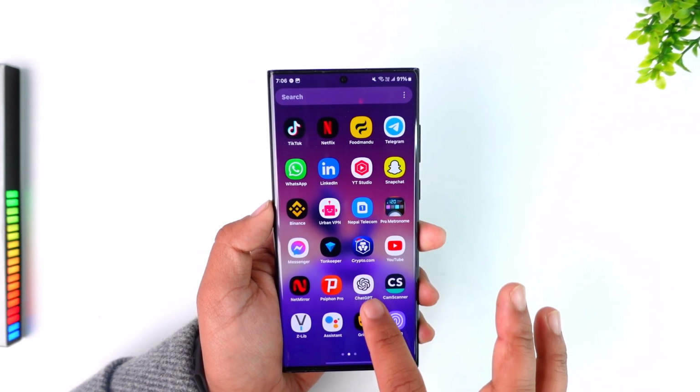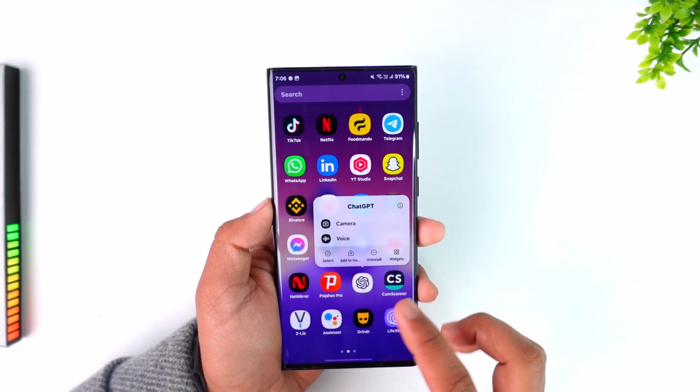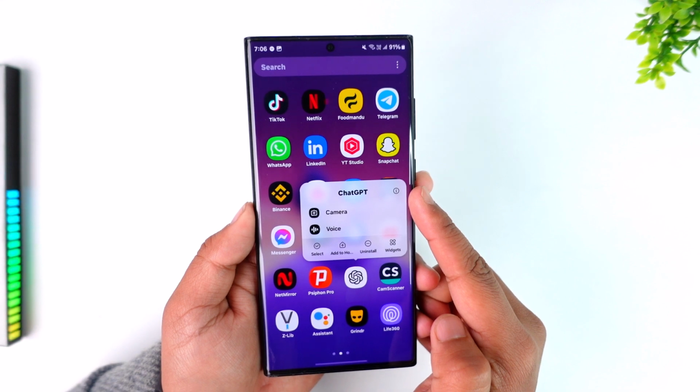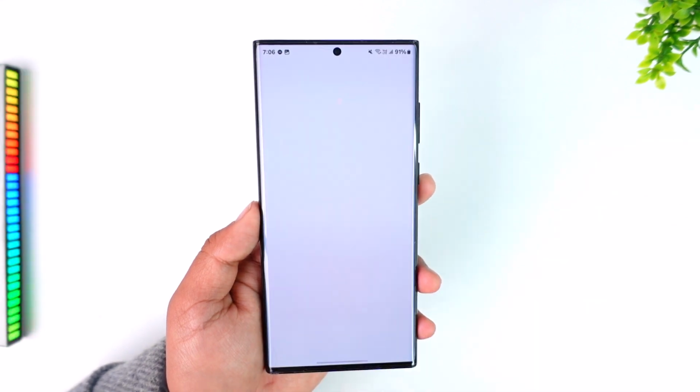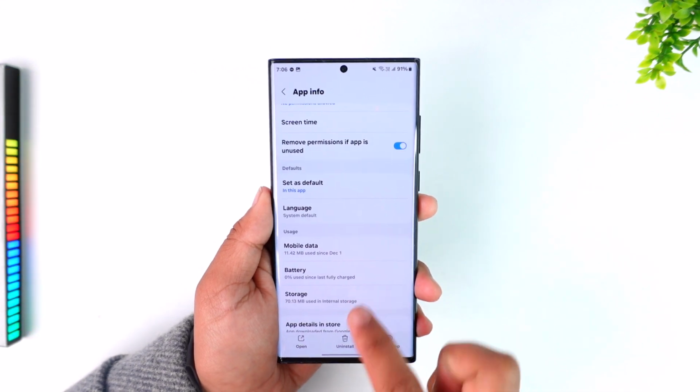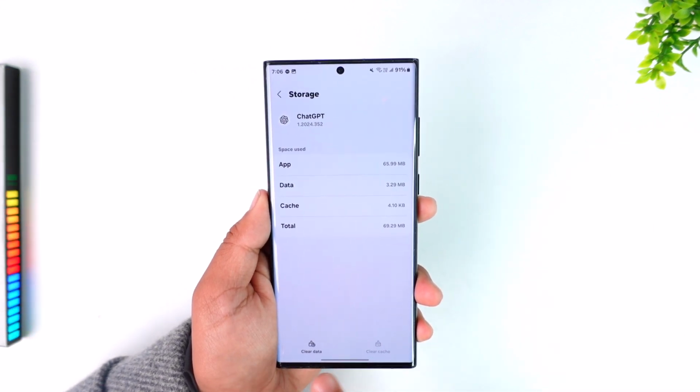if you're using it on a browser. If you're on mobile, especially on Android, you can long press the ChatGPT icon and you'll find the I button that looks like this on any Android phone, by the way. So tap on this I button to take you to the app info page. From here you'll be able to go to storage, where you can tap on the clear cache and clear data